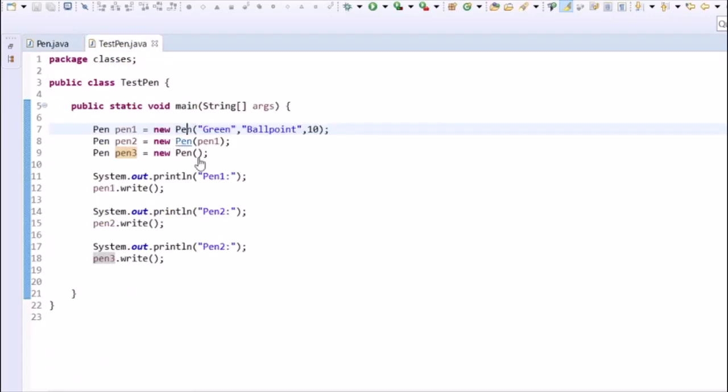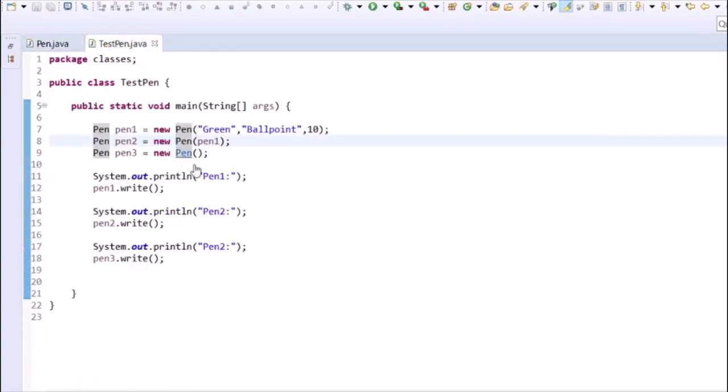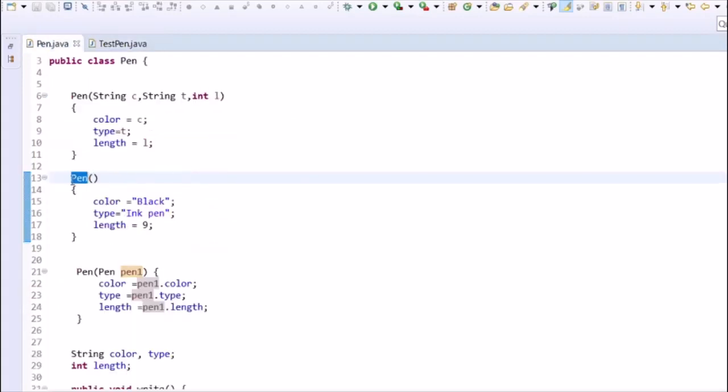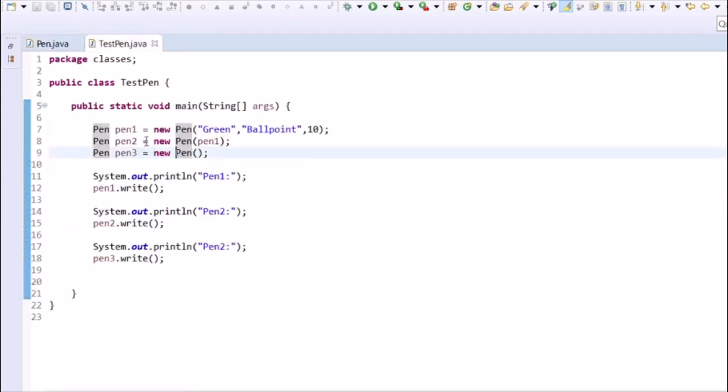In the second case, a pen constructor with pen as an argument is called, and in the third case, a default pen constructor is called, and the values are assigned to these objects pen 1, pen 2 and pen 3 accordingly. Let's try to execute this and see what the output would be.